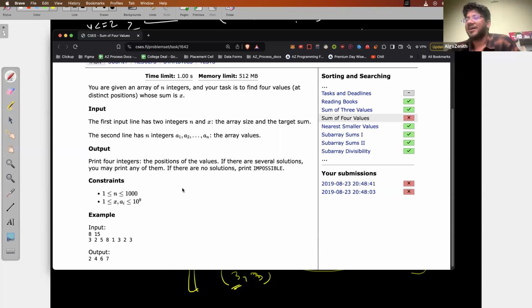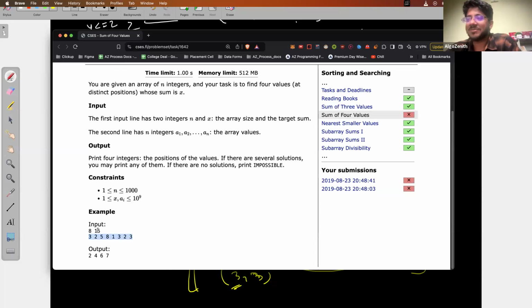ओके, तो हमें 4 इंडेक्स का सम ये चाहिए। ऐसा तुम काउंट ही कर दो अभी के लिए।